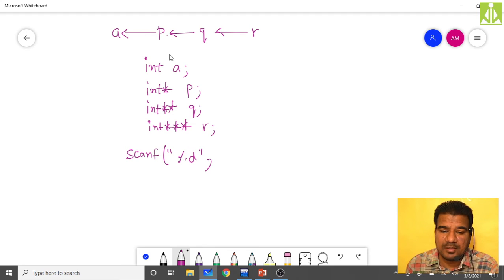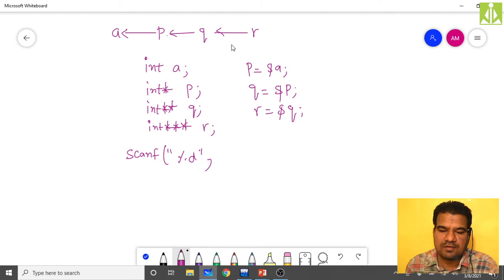Declaration is over, but I have not formed these links. How can we form them? p = &a, storing the address of a into p, then q = &p, then r = &q.